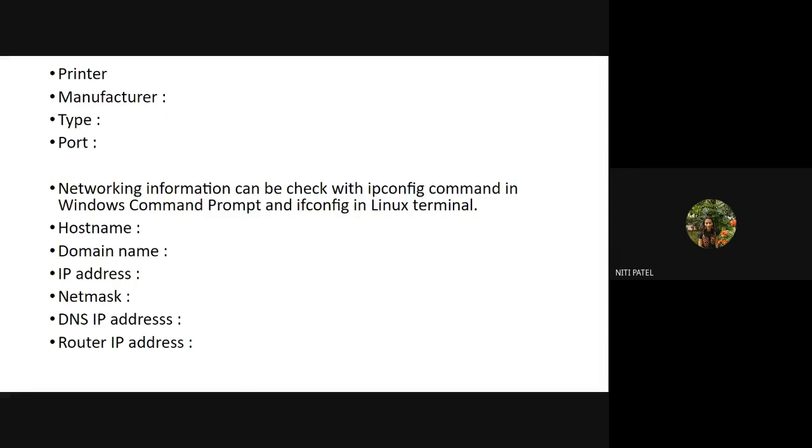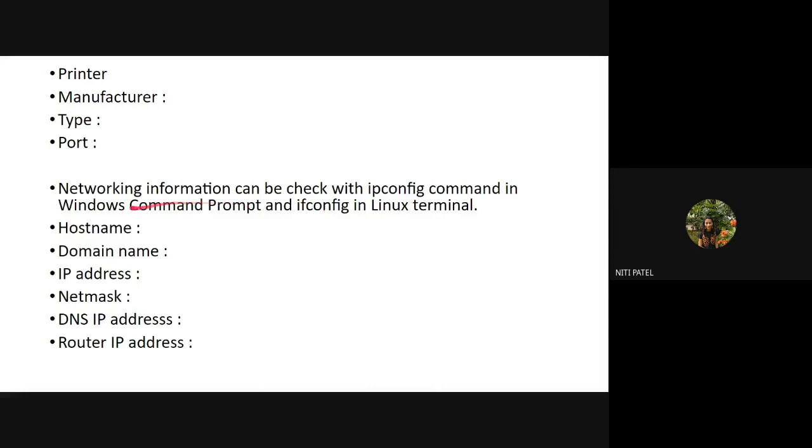What if I want to know the IP address? The command there is ipconfig. As soon as I type ipconfig and press enter, it will give me my IP address. This command is used if it is a Windows operating system. But if in Linux I want to know my IP address, I have to make use of a command called ifconfig. When you type this command and press enter, again it will show you the IP address of the system.